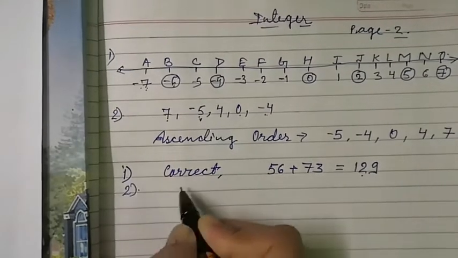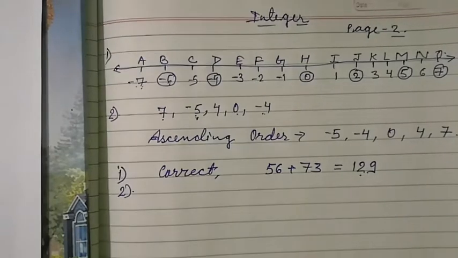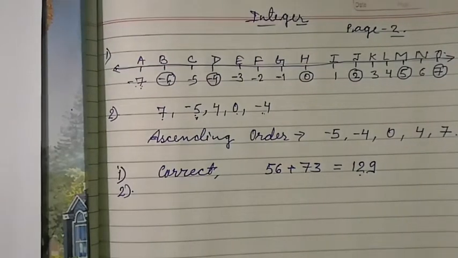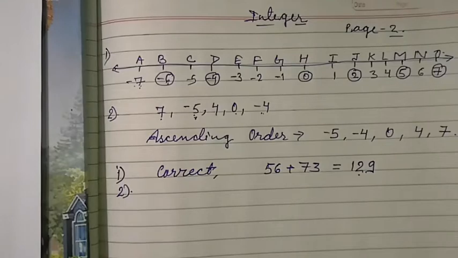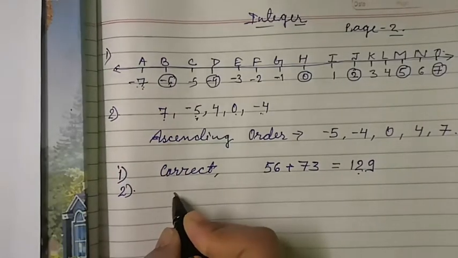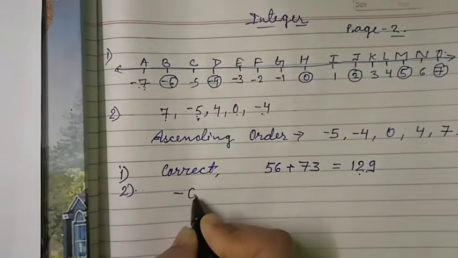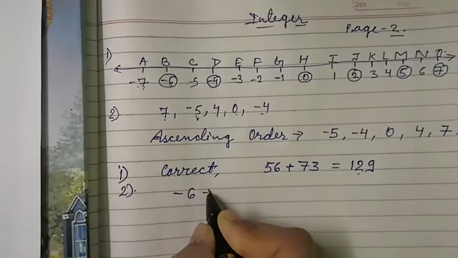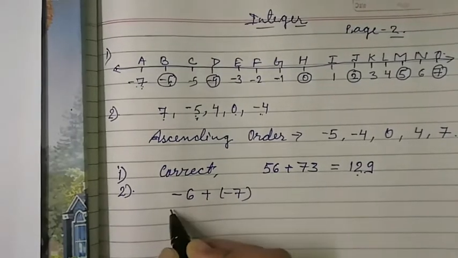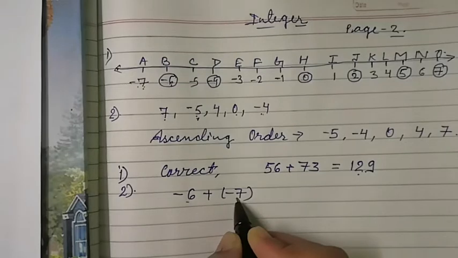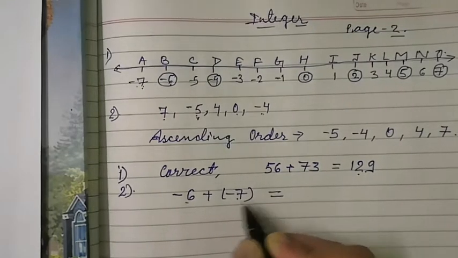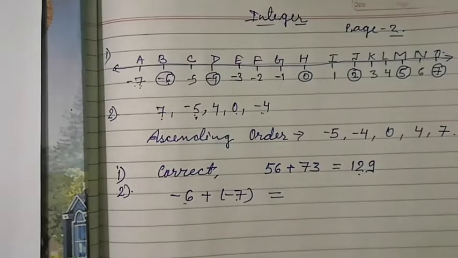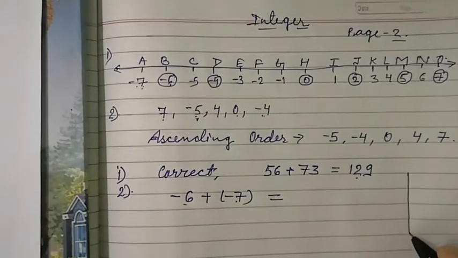Now second is, students, you have the book, so you can consult your book. I am reading the question: when two negative integers are added, we get a positive integer. When two negative integers are added, see, minus 6 and so on, these are negative integers, and when they are added, then what happens? See, before starting this, again I am drawing those four important rules.